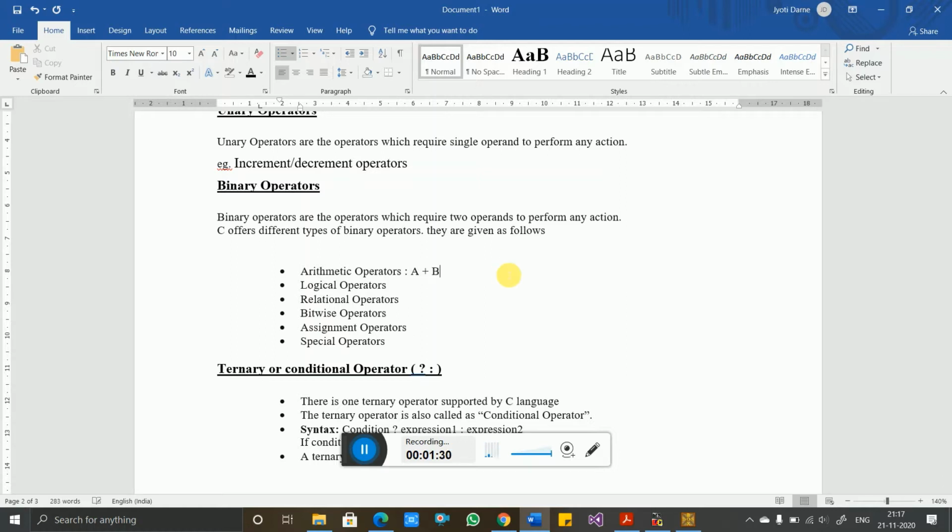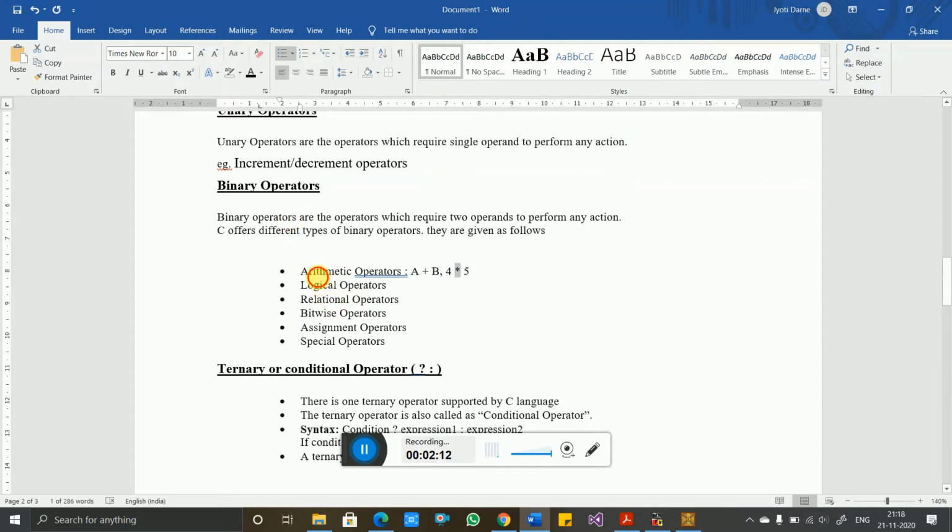If I take an example of an arithmetic operator, this a plus b is one. This plus operator is an arithmetic operator, and it comes under the binary type of operator because the addition operator requires two operands. We cannot perform any addition with only one side. So you require something on the right hand side as well as on the left hand side of that operator. Here you require two operands, which could be a variable or a constant like this. So this is also an arithmetic operator, and comes under the binary type of operator.